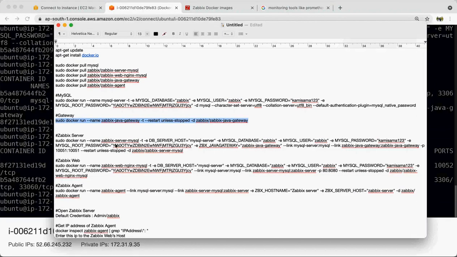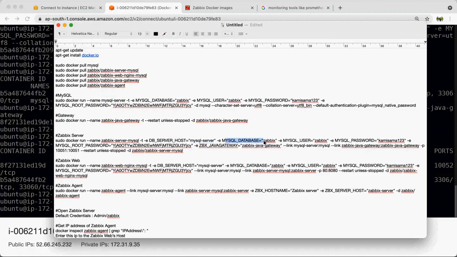Now we will run the Zabbix server. If you see here, we are giving this name to this container, providing the server's database host name. The name of this database server is the same as what we had given earlier.